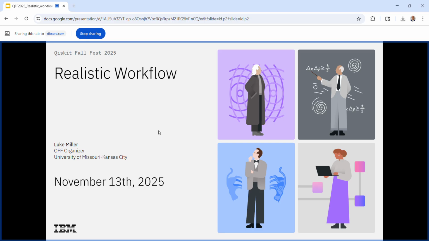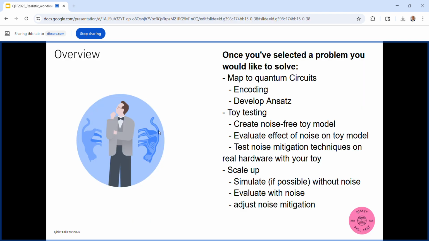All right. Hey, we're going to jump into just kind of a realistic workflow of how I approach developing quantum circuits. It can seem a little overwhelming sometimes when you have this problem and you're limited on the amount of quantum computation that you have, and you don't even know if it's going to work or not, and how I go about tackling that. So, first of all, you're going to have to select what kind of problem you're trying to